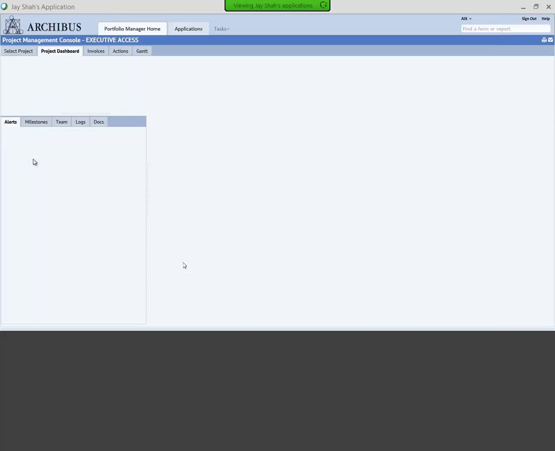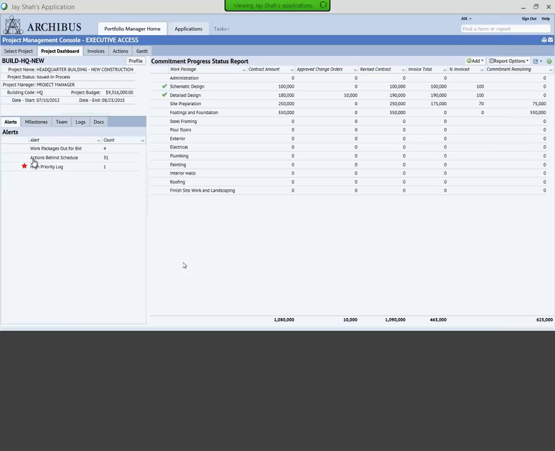On top of it, he can also drill down into a specific project and look into the detailed information about that project, such as the commitment progress status report on the right-hand side. He can see all the work packages for that specific project. He can look into how many work packages have been completed so far, how many work packages are still remaining. He can look into what was the contracted amount from a financial standpoint. He can look into if there were any change orders that were submitted by the vendors